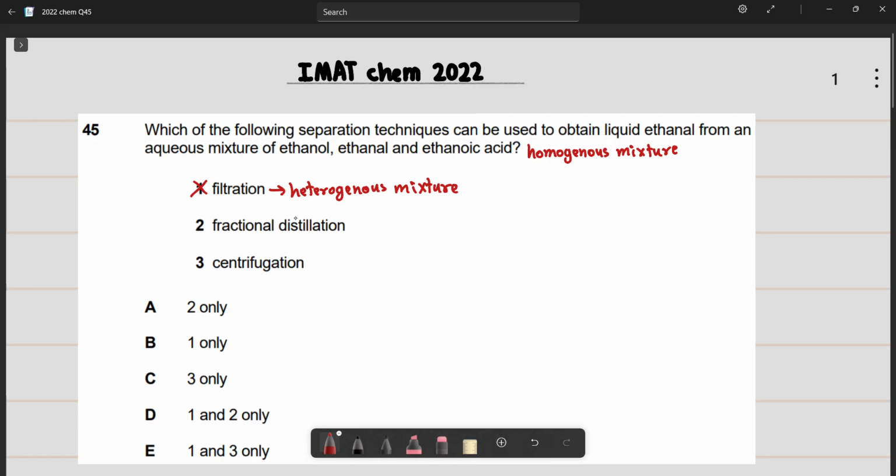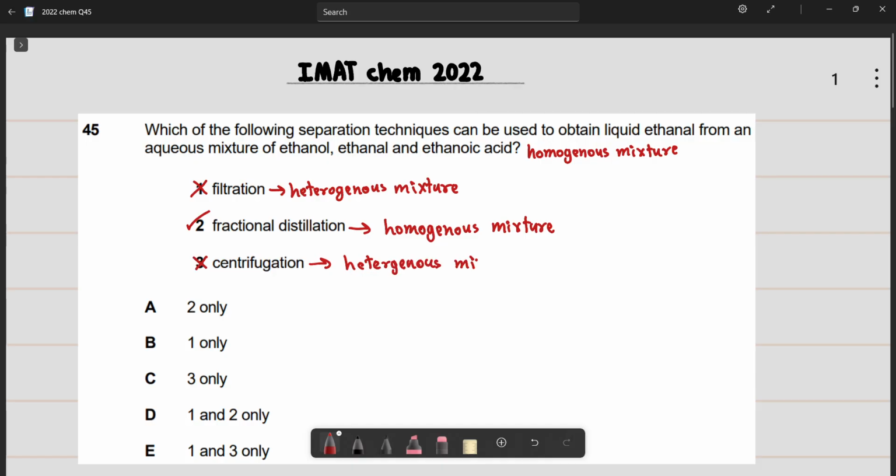It's for heterogeneous mixtures. Fractional distillation is correct because fractional distillation obtains ethanol based on its boiling point. They separate the mixture based on their boiling points. So this is highly specialized for homogeneous mixtures to separate certain molecules or substances based on their boiling points. Okay, so fractional distillation is the correct answer, and centrifugation is wrong because centrifugation is also used for